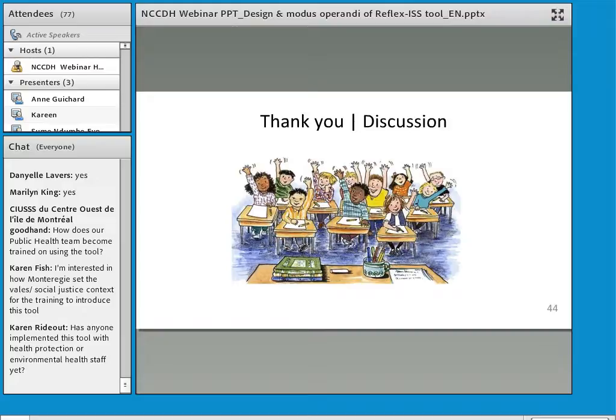In our action plan, all the different teams of the public health unit in Montérégie will be trained to use the tool for their different projects with their different partners. We know that we still need to work a little on the training, and during the next year all the people will be trained group by group on how to use the tool, but not only the tool, the reflective approach also.